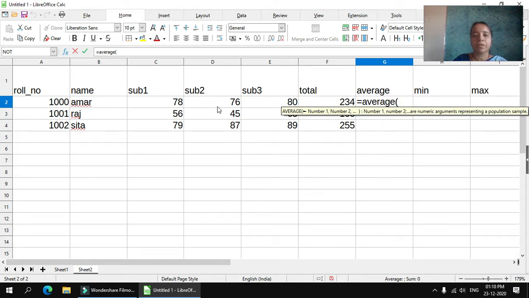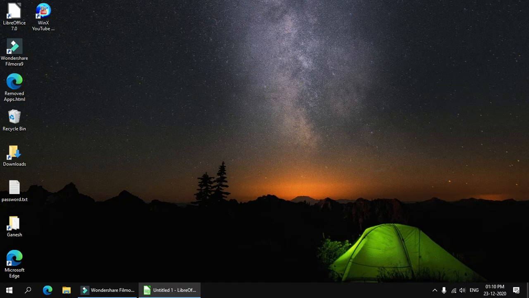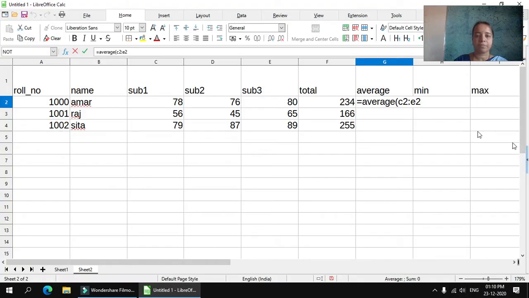Now average of 3 marks: you can give a cell range like this, C2 colon E2. Close the bracket. So it starts from C2 to E2, average of marks, press enter key.